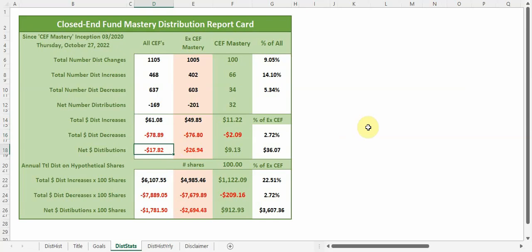$17.82. And if you look at the funds that are not CEF Mastery qualified, the bulk of closed-end funds that were not CEF Mastery qualifying funds were responsible for the bulk of the increases, but they were also the bulk of the decreases, leaving you with a net loss of negative